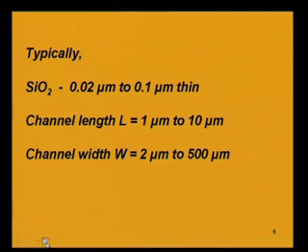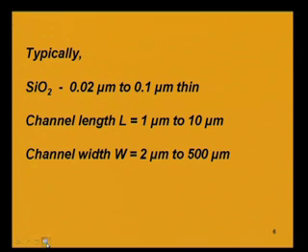That means the silicon dioxide, which is the insulating material, is a thin layer of around 0.02 micrometer to 0.1 micrometer thickness, and the typical length of the channel L is from 1 micrometer to 10 micrometer,